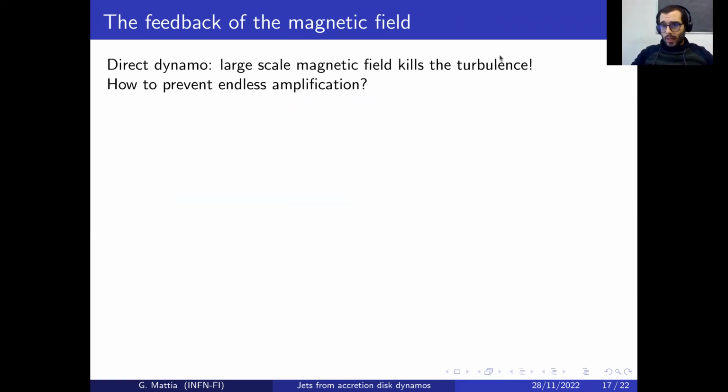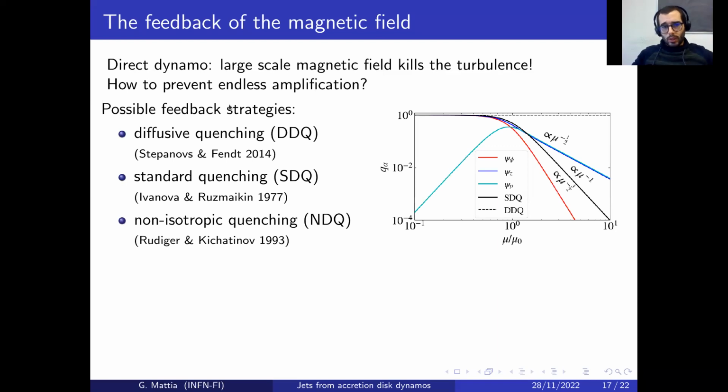Now, the feedback of the magnetic field. I said before, large magnetic field kills the turbulence, but we don't have the turbulence, we just mean their effects. So how can we actually suppress the magnetic field? We tested several models, because there's actually no consensus on which is the best representation of the feedback model. So we started with the diffusive quenching that was developed by Stepanov a couple of years ago at MPA also,